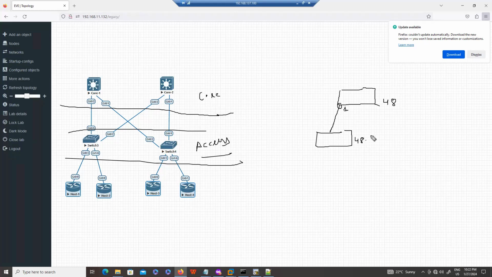Basically we are extending one port into another 48 ports. That means on this switch, we can connect multiple devices. So this is basically the use of a switch, right?